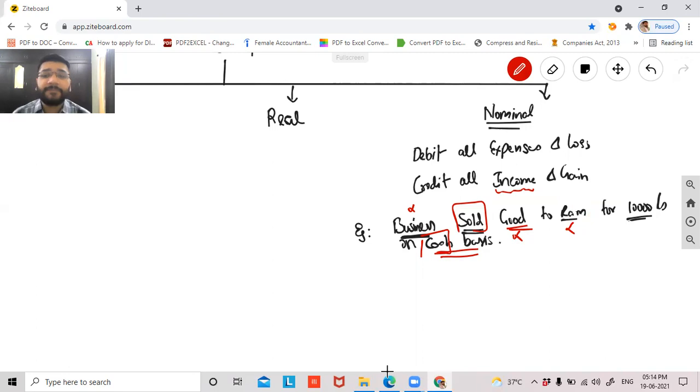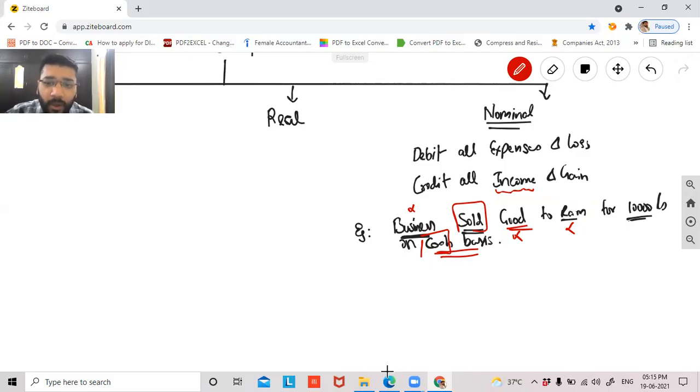What do you have to say on this? Guys, are you able to understand? It'll take some time. You'll take a couple of classes to understand that in a transaction, what two accounts are important for me. Once you select those two important accounts, guys, only then you'll apply the rule of debit and credit. So first we'll try to understand how you select those two accounts. Sometimes there could be a confusion about what to select and what not to select. So that is the first step you have to achieve. Then after selecting those two accounts, then what is the debit and what is the credit?